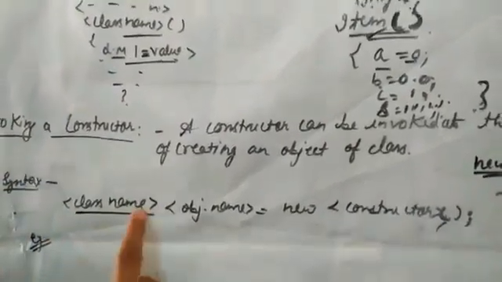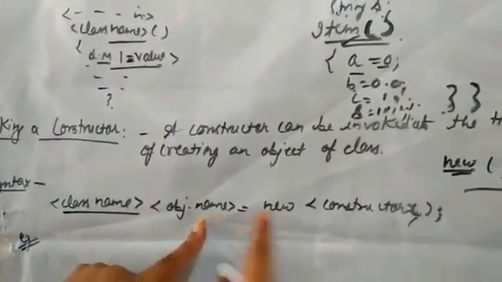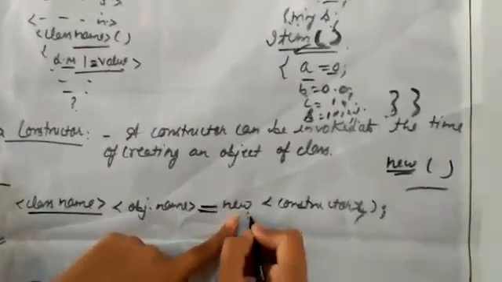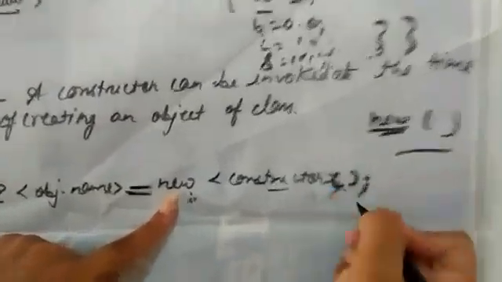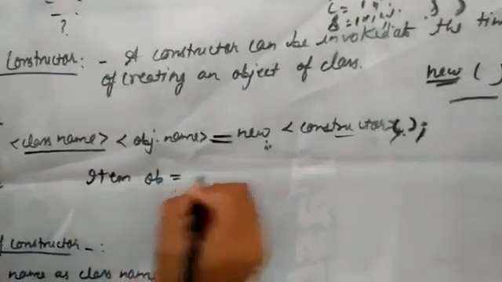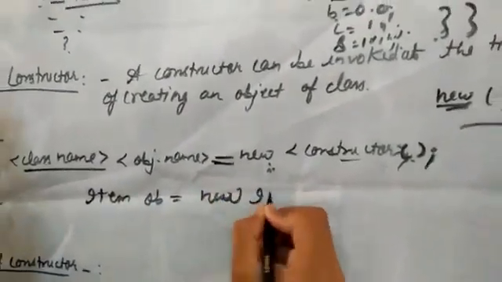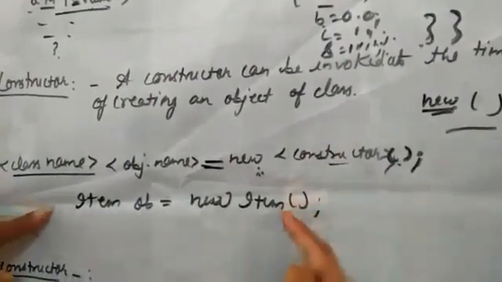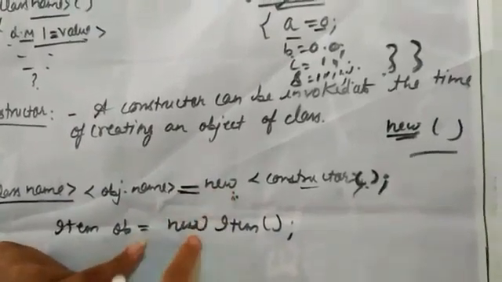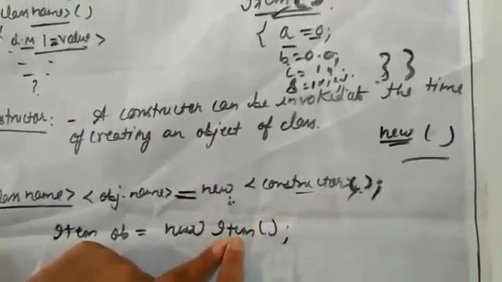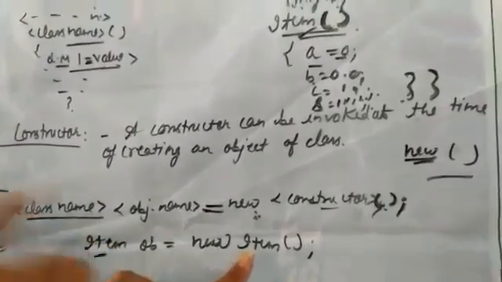This is the syntax. See, class name you have to write, then object name equals new operator we are taking, this keyword we are taking, and then constructor and these braces and semicolon. Suppose I am taking again here item, ob, and new item. Done. Now you can compare the syntax. See, I have taken class name item, then object created ob equals new as it is, then constructor means item because my constructor name should be the class name only. So this is the class, and this is the object.